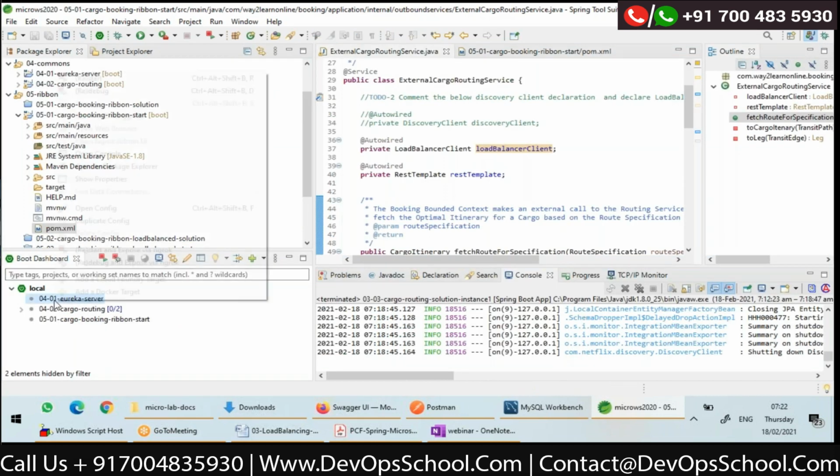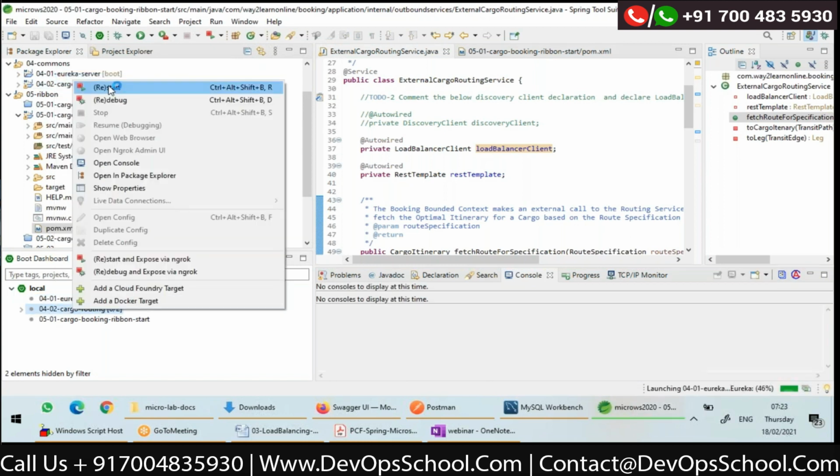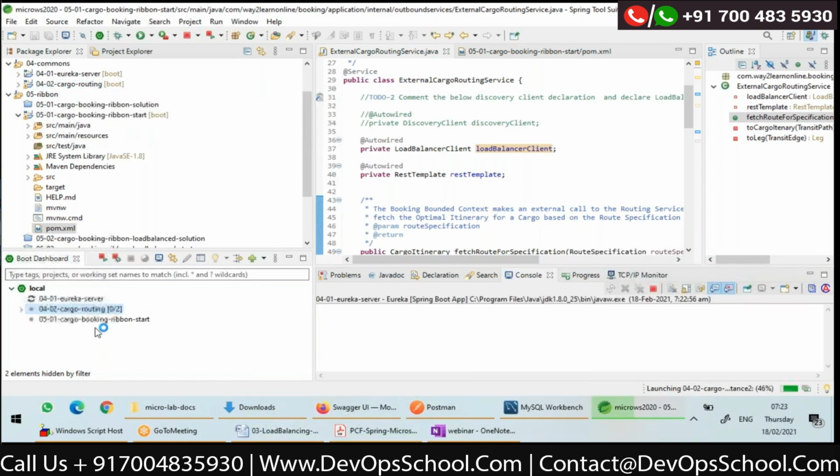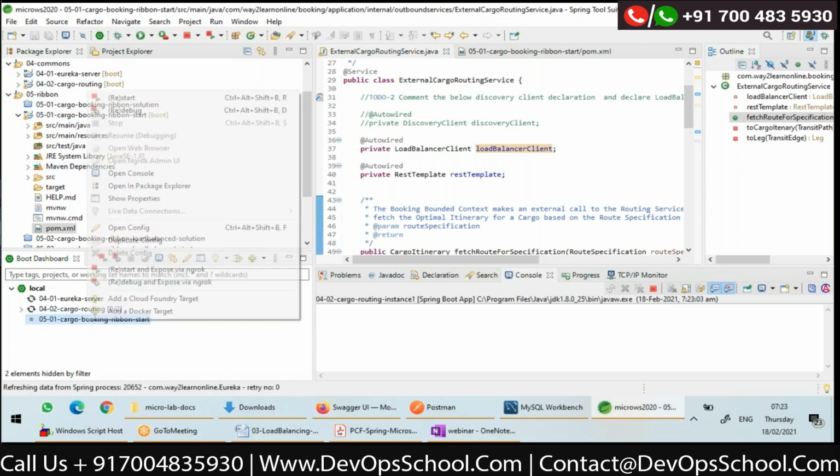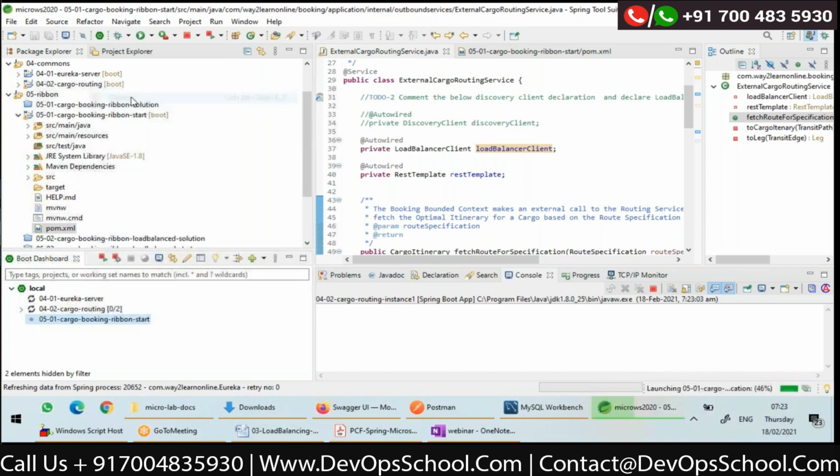Now I will start my Eureka. There is no change in routing, so I just start this routing, and then in the booking application I'll start. I hope Eureka's URLs are all updated in these projects.